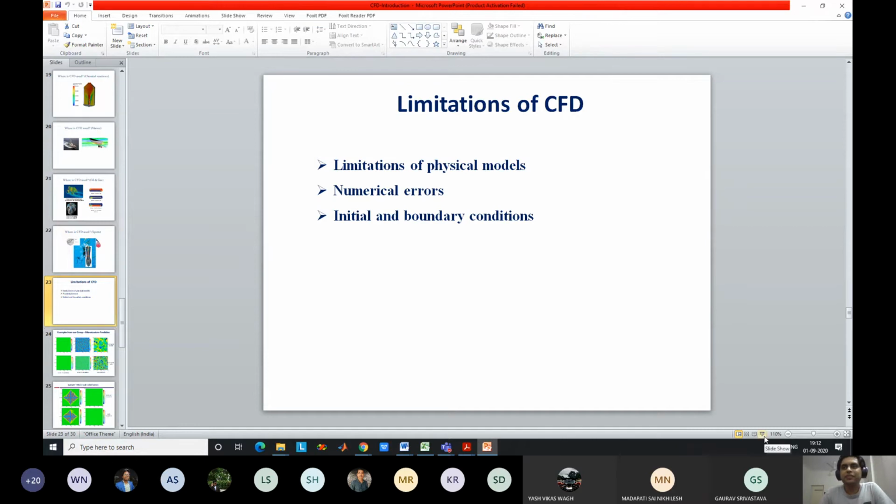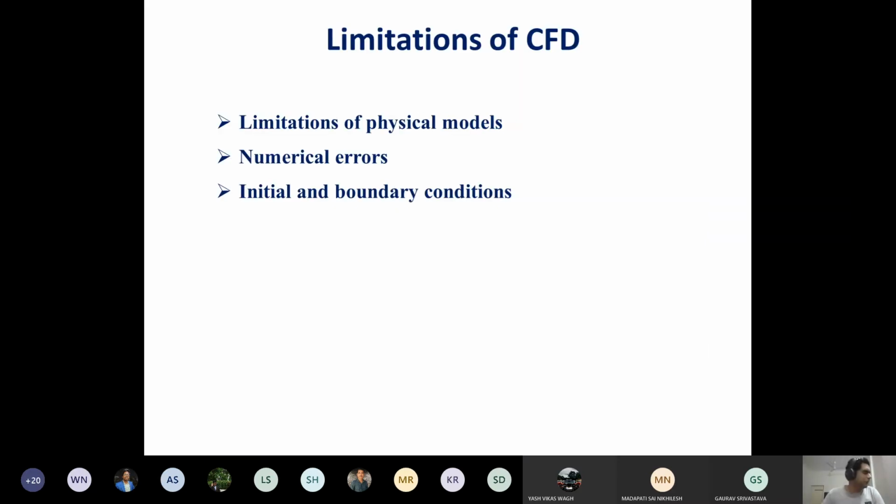So before going into the actual theory, I just wanted to show you some of the work that we are also doing here on CFD, just to give you a glimpse of what can be done even here. I am showing my work, but many other faculty are also working in these areas. This has become particularly important nowadays because of COVID-19, because experimental work has become difficult.